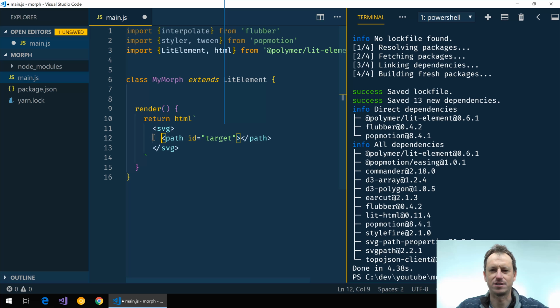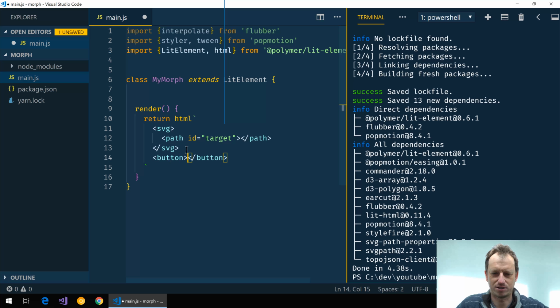The path element for flubber, we need to have a D attribute which defines the path for SVG. That's what it will operate on in terms of doing the morphing between the two shapes. So there's our SVG,